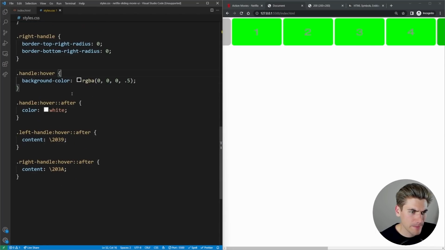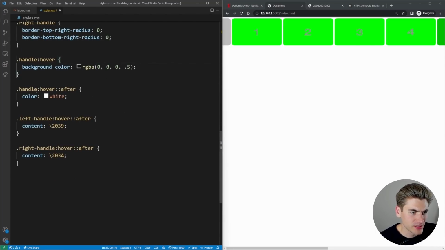But whenever we hover the container, then we want this section to show up. So we can say container hover, get the left handle, container hover, get the right handle. That'll make the content at least show up.